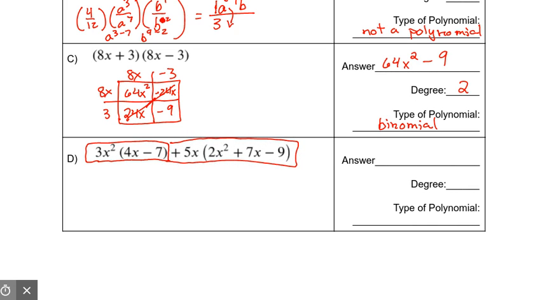Now, do make sure you're paying attention to whether that is plus or minus so you know whether to consider that a positive or a negative 5. So let's go ahead and distribute here. Now, I'm going to go ahead and organize this with a 1x2 box. So I have 3x squared multiplied to 4x minus 7. So 3x squared times 4x squared is 12x squared. 3x squared times negative 7 is negative 21x